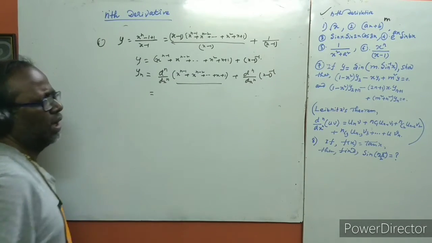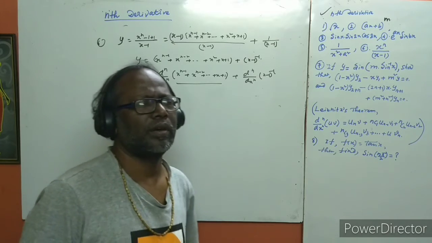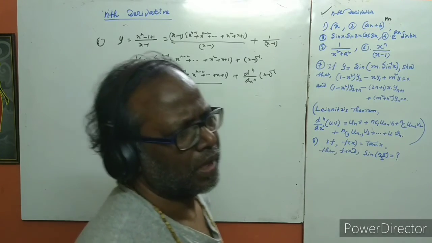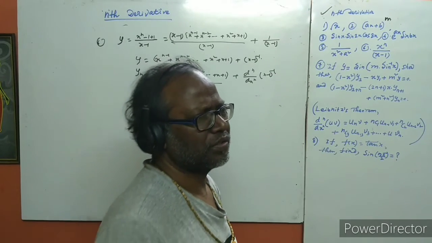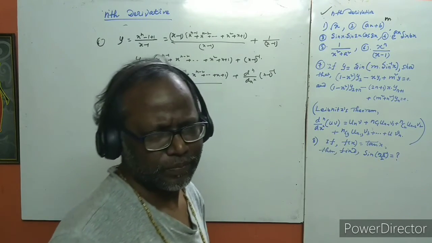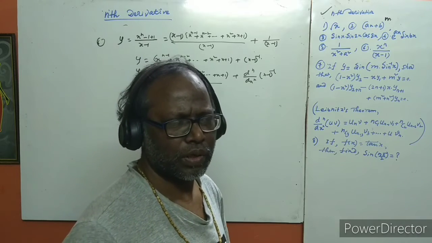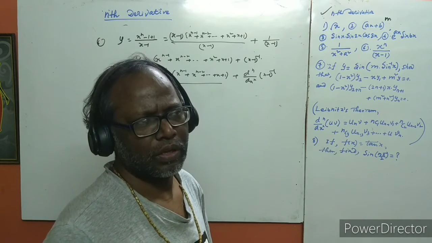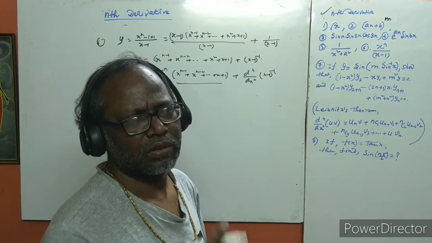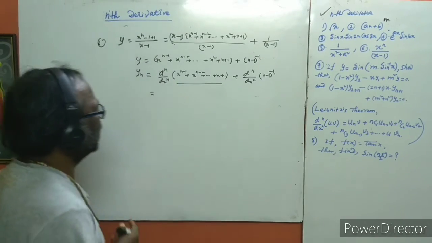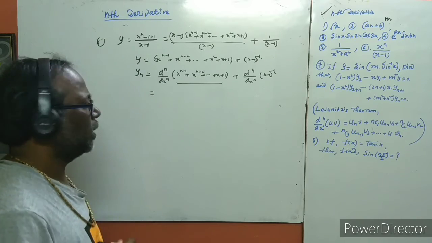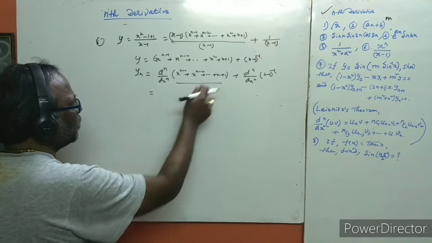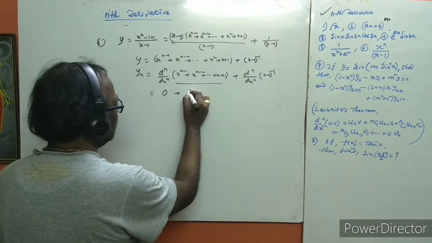Okay, see, if we are given a function like x cube and x square, we find for x cube the first order derivative is 3x square, then for the second order it is 6x, and for the third order it is 6. For x square, the first order is twice x, for the second order 2, and for the third order is 0. So degree here is 2, but the third order is 0. Like that, the order here is one less than the degree, so differentiating this here gives 0. So now